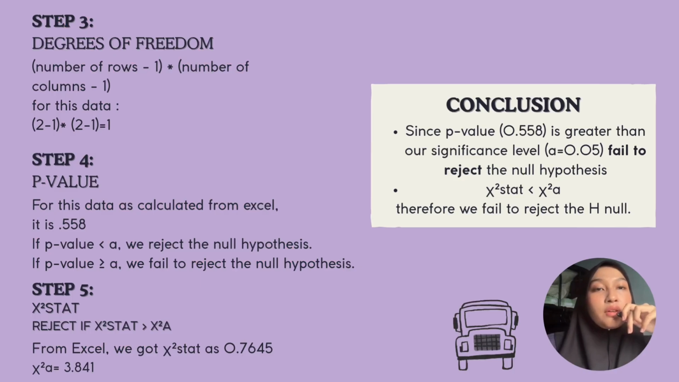Step 3 is degrees of freedom. So the degrees of freedom for this data is 1. So how do we get that? We subtract 1 from the number of rows and multiply by 1 subtracted from the number of columns. And then for the next step,